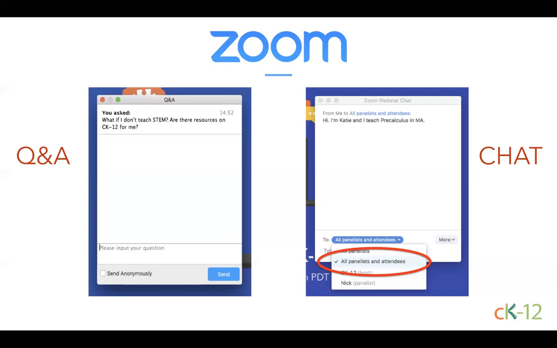In the chat window, that's where we'd like to encourage a community conversation. You guys are doing a great job of introducing yourselves, but some people have only sent it to panelists, so only those of us at CK12 are able to see what you've sent. Look back at what you sent, and if you want to send your message again, this time send it to all panelists and attendees. That's the only trick in using the chat window. Just make sure that you are sending it to everybody so everybody can get the benefit of what you have to say.